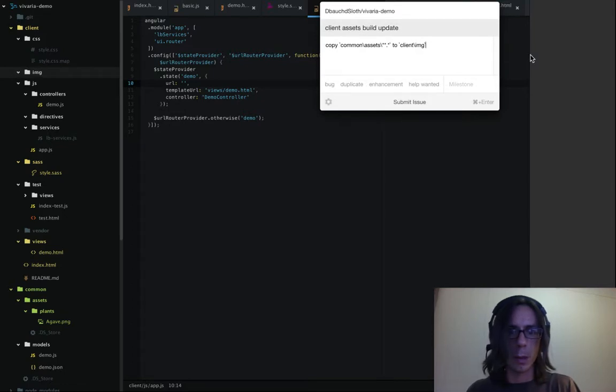Copy common as is to the client image. We want to keep the directory structure. We're going to just basically copy that. I'll have to take a look at what gulp task we want to use for that. With those there, we need to update the